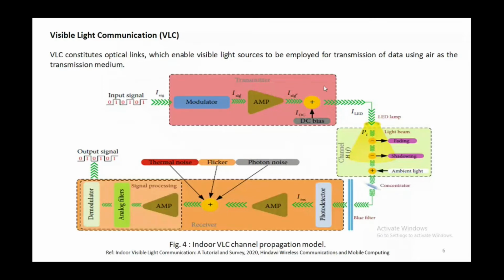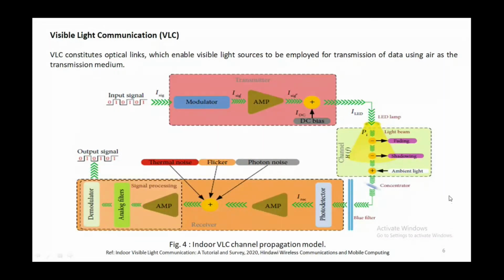So we use some DC biasing to get only a positive signal. With the help of this DC biasing, we convert our signal into a positive format and then transmit it with the help of an LED or laser. In the channel,